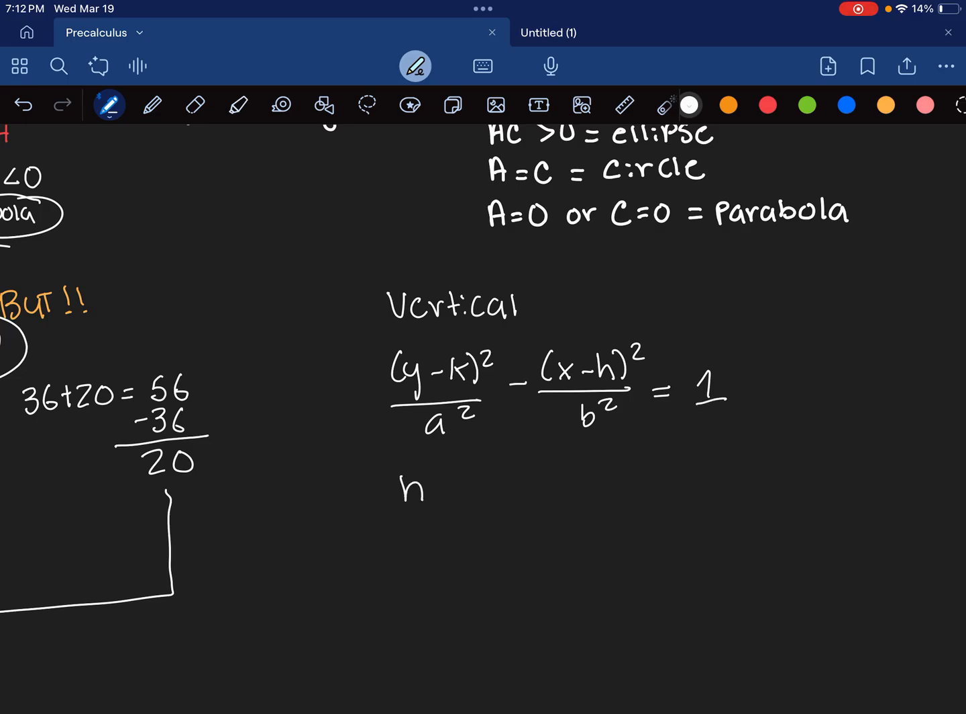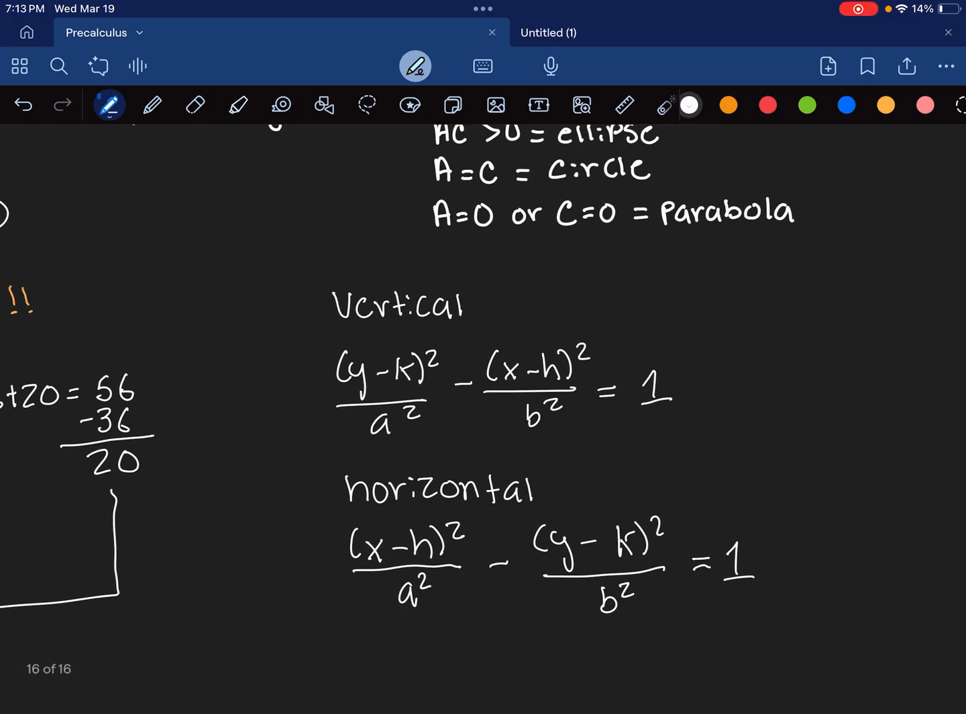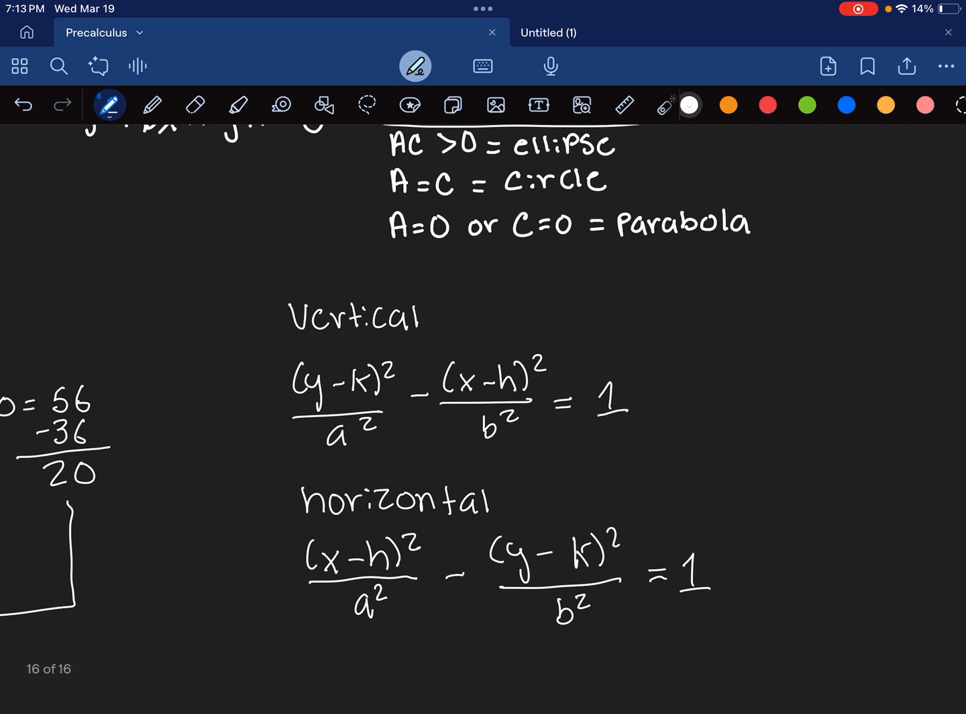We also have a horizontal part, which is just a quick flip. So it's going to be x minus h squared over a squared, minus y minus k squared over b squared, equals 1. Okay. And what this looks like on a graph is essentially a curve like this with the asymptotes